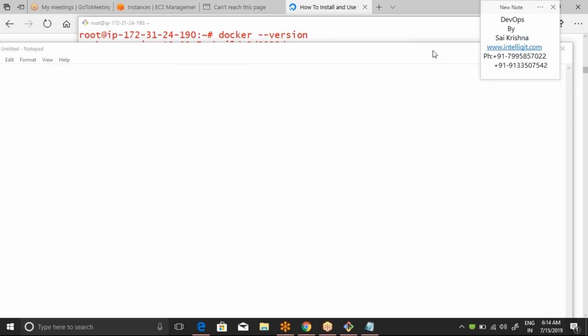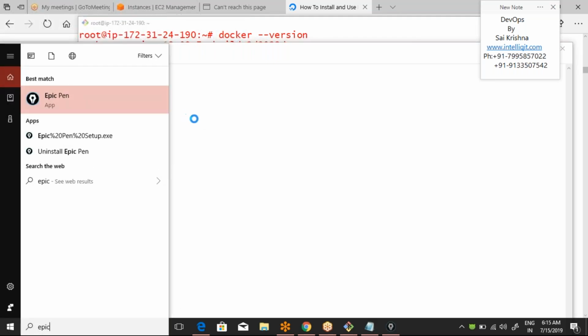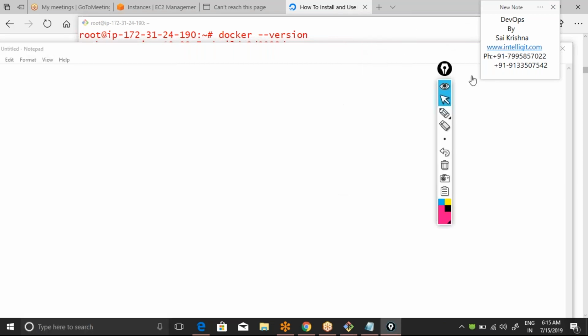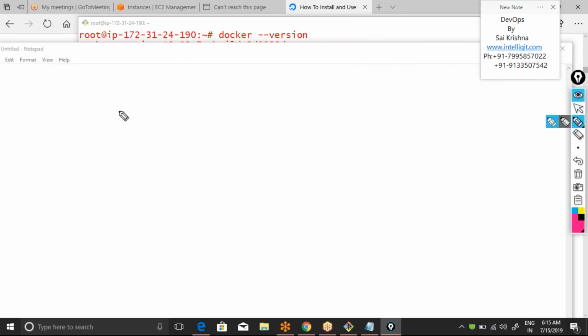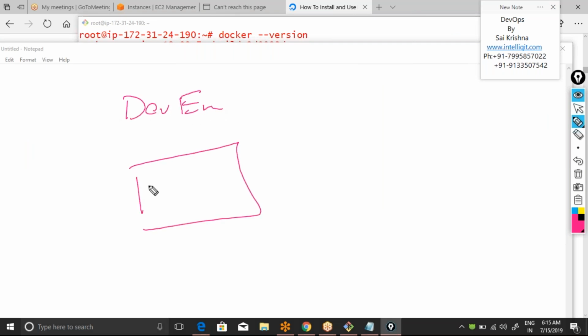Okay, so why should we actually link containers? Because in your organization, it's not just one container that we use, it's a combination of multiple containers. Each container can be working on a particular application. For example, I want to create a dev environment, and in my organization, just imagine that the developers are using WordPress. I hope all of you know what WordPress is. WordPress is a PHP based application which is used for creating websites. Even if you do not have much knowledge about HTML, etc., still we will be able to create excellent websites